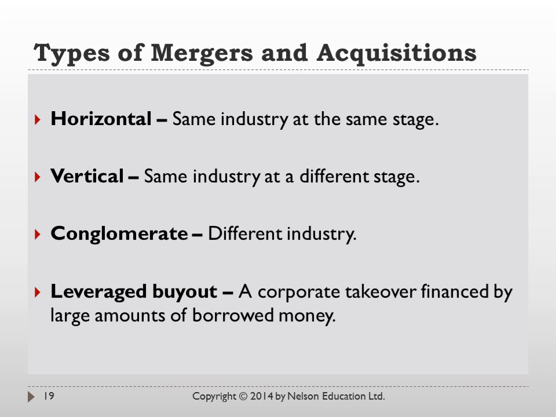A vertical merger or vertical acquisition is where two companies that are in the same industry combine forces, either through a merger or an acquisition, but they're at different stages of production. For instance, if GM bought one of its suppliers of goods and services that go into the production of cars, that would be an example of a vertical merger. Or if Pepsi bought a sugar processing plant. So they're in the same industry, but in different stages of production.